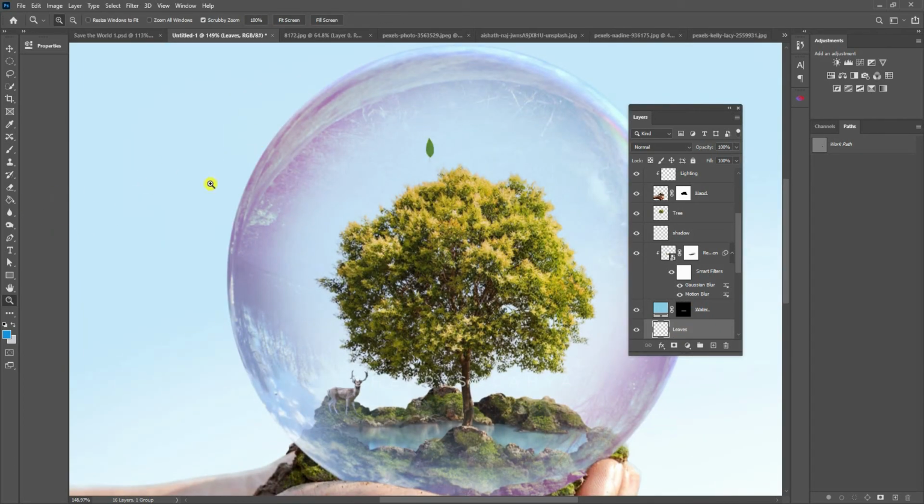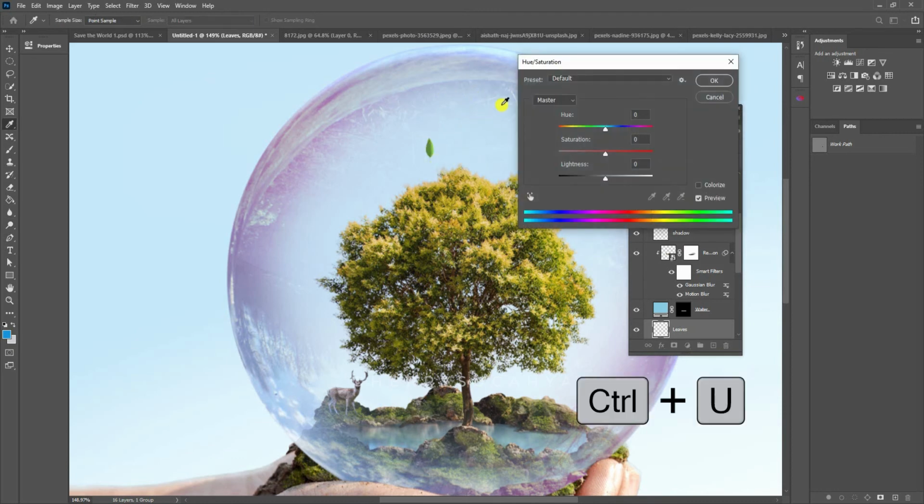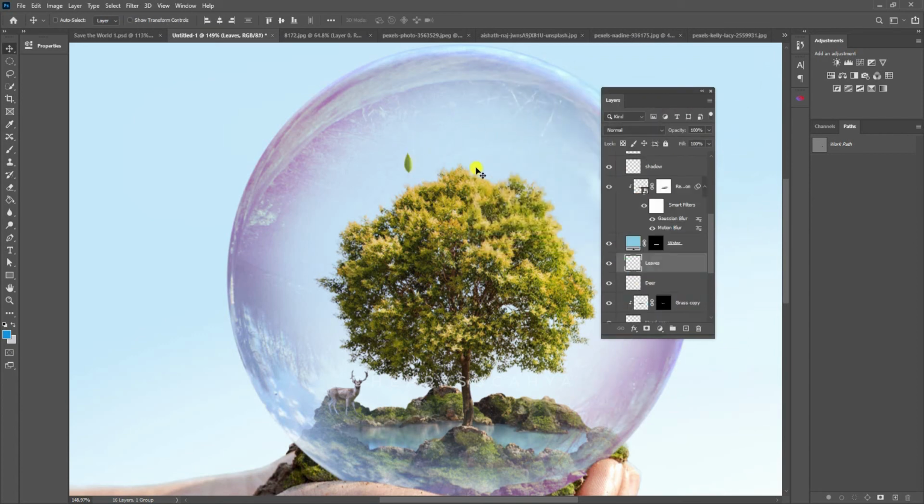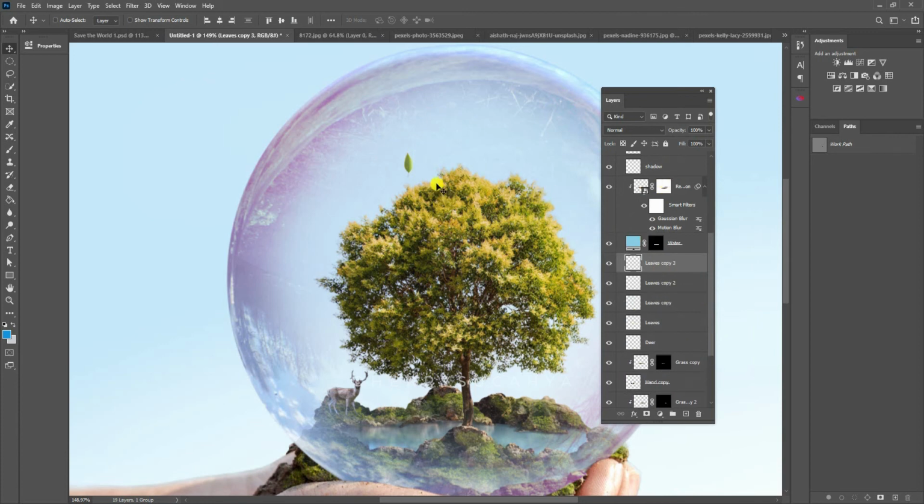Now I'd like to edit the lighting first because it looks so flat. I'm going to use dodge tool and paint over on one side of this to make the color a bit more gradient, like this one. And maybe hit Ctrl U to edit the hue of this. Yeah. And then you can duplicate these leaves. And I have a tip for you. If you duplicate a lot of similar element like this one,